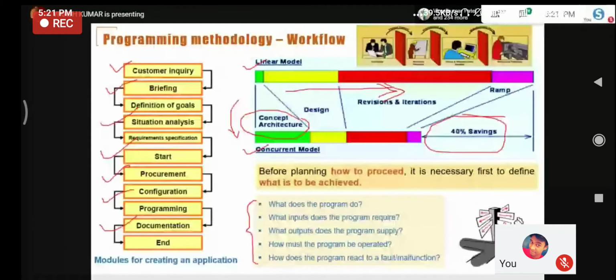Then requirement specification. Requirement specification always has two things. One is management related, like whether they are ready to invest, and the second is technical related. If management is ready to invest, can your people handle it? Technically, are you sound or not? That kind of requirement we have to see while developing any program. There are many intermediate stages you can see in this. Now we can move to the next slide.